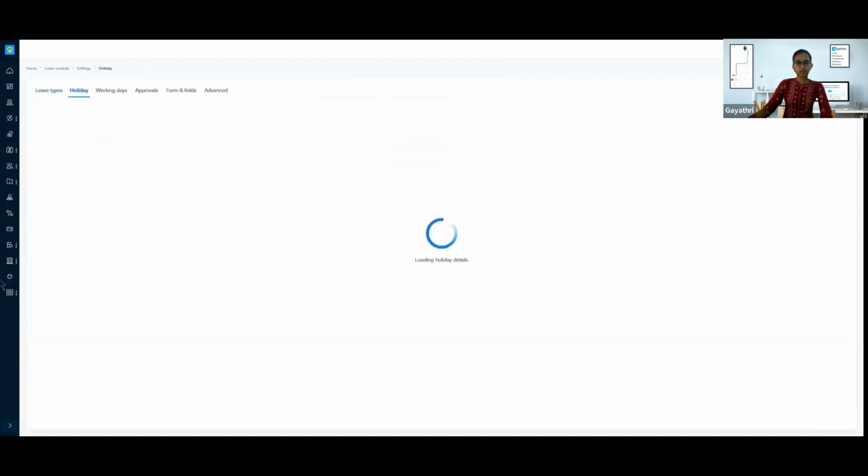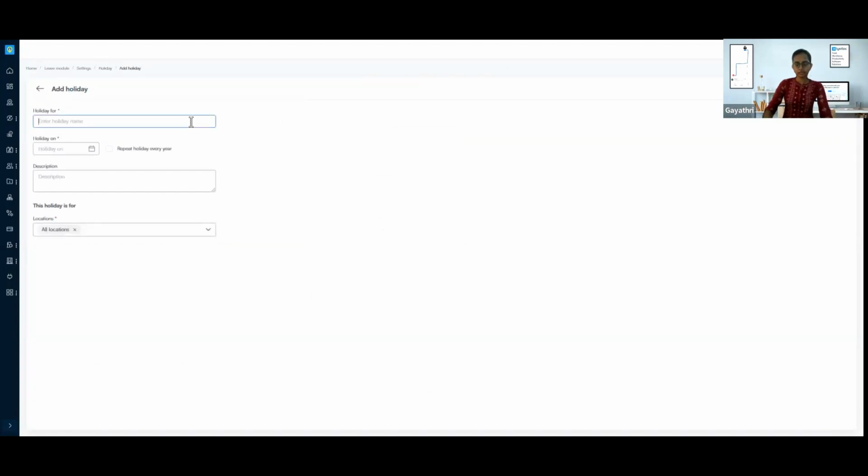Next is the holiday section where you can add the holidays for your company. The fields that we have under this category are the name of the holiday and the date you can choose. If it is recurring, we can say it's recurring. We know that New Year, Independence Day, Republic Day are recurring for India. And if we take other countries, they have their specific holidays. Let's say, for example, Thanksgiving, Christmas is common for many other countries, right? So those holidays can be predefined and kept.